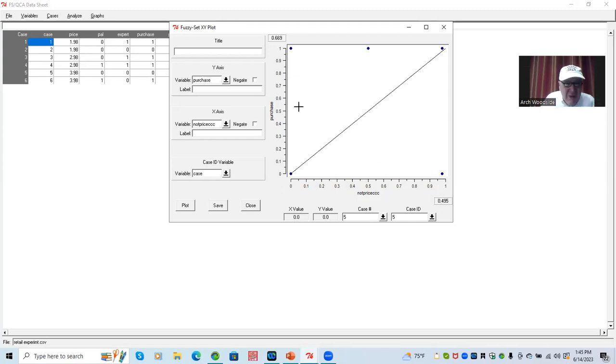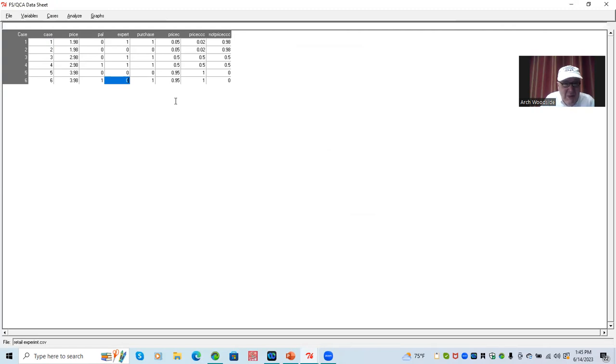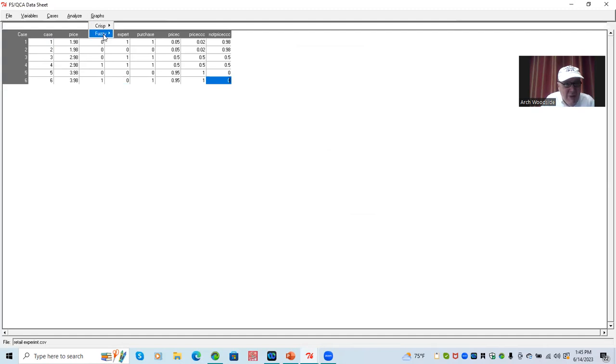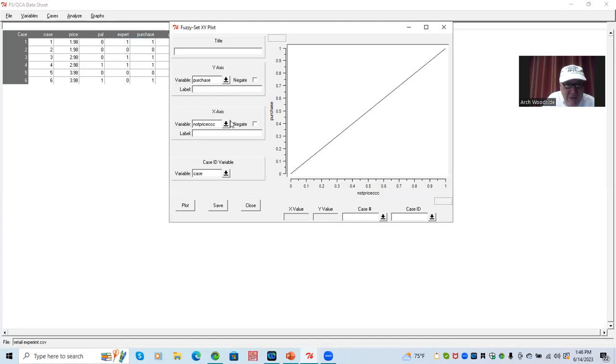So if we change this and do a graph of PAL, you might expect that high PAL would be negation of purchase. I mean, high PAL would reduce purchases, or it could increase purchases. You can make a case either way. But if you look at the plot, let's just look at the plot once for PAL and do a plot on that, and we see that